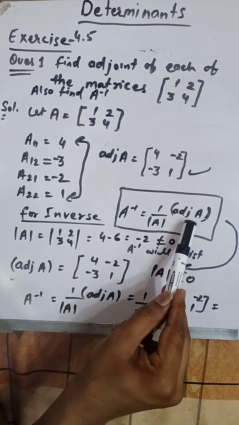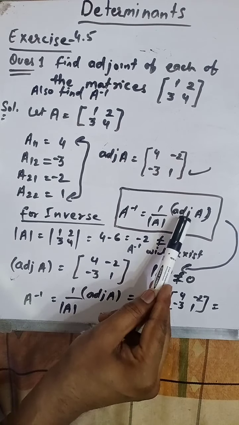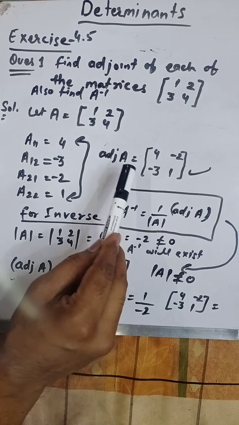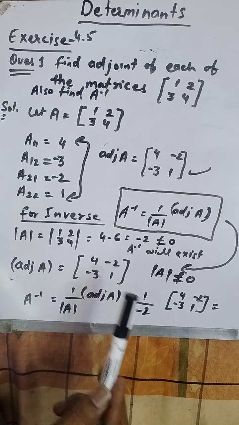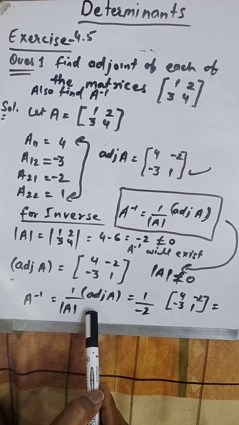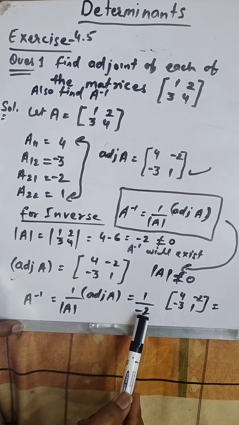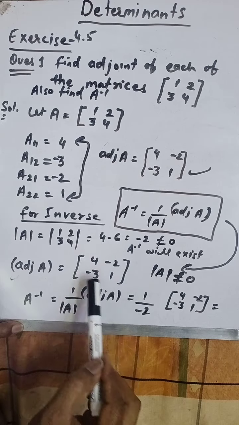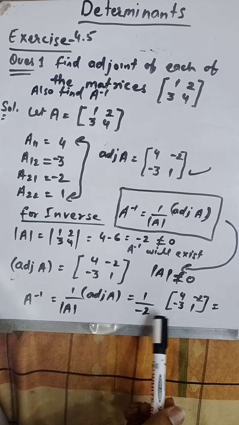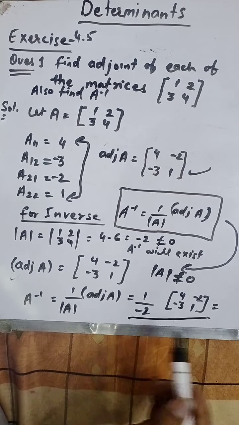So the next step: the inverse will exist, so we need to find these two things, adjoint of A and determinant of A. Determinant A is -2 and the adjoint we have calculated earlier. Here it is, adjoint A. Okay, so adjoint A is this, fine. And for A inverse, this is the formula. 1 upon determinant A means 1 upon -2, because the value of this is -2. And adjoint A is this. You have to copy it. Okay, if you want to insert this value inside, you can, otherwise you can leave it here. Okay, this is the inverse of A.